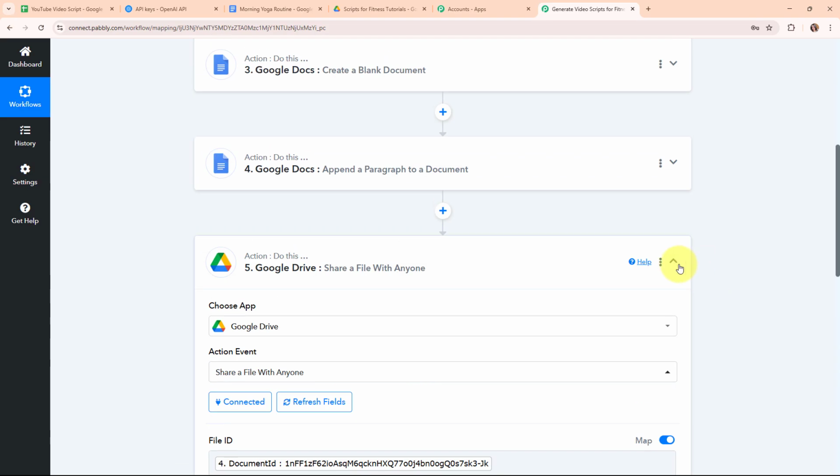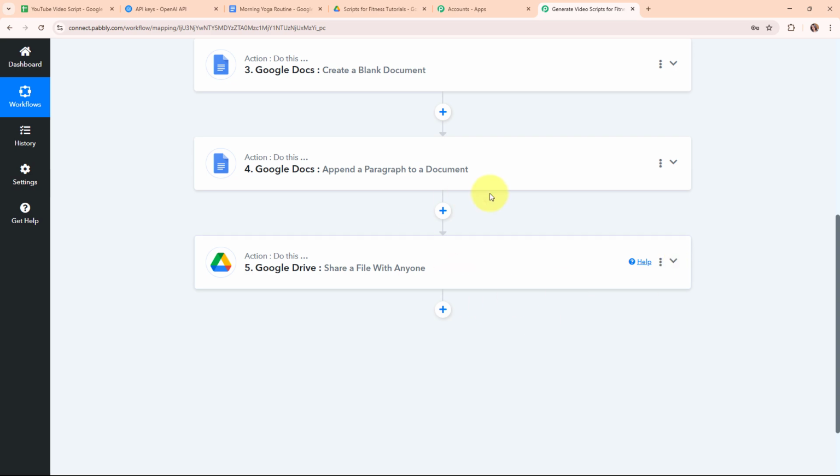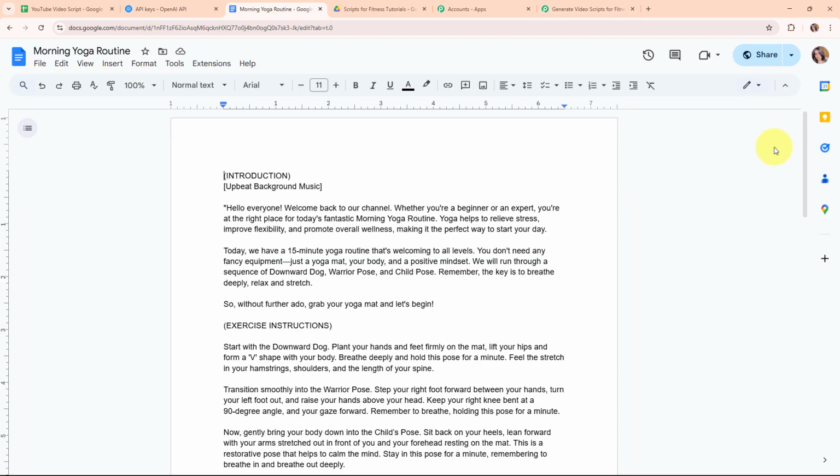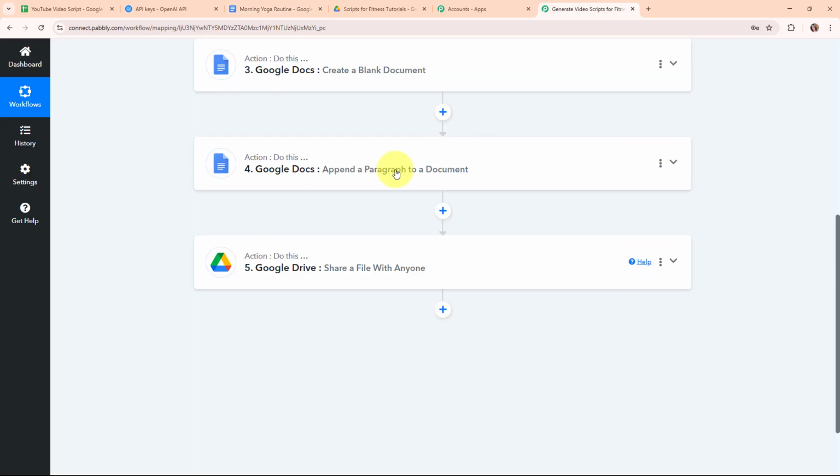So with this, we have successfully set up this action step as well. Now let's go and check our Google Docs. And here you can see it is shareable to anyone with the link. So with this, we have successfully set up this action step. And now after making this file shareable with anyone, what I'm going to do is add